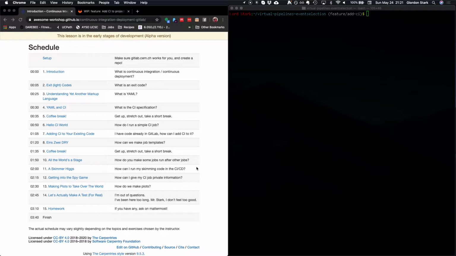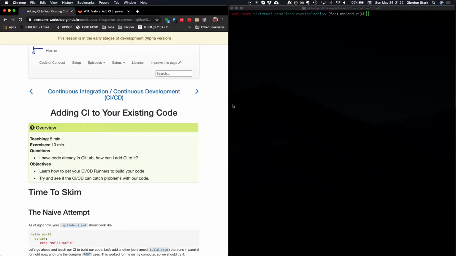Alright, so in the CI tutorial, we just recently finished adding a hello world job and ran a successful pipeline, as well as set up a new feature branch and set up a merge request and mark that as work in progress. So we're going to go ahead to the next part and actually add CI to the existing code that we have. So I clicked on the page to go ahead, but let's remind ourselves of what files we